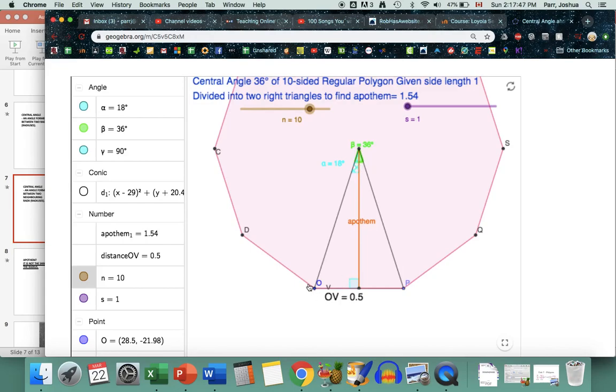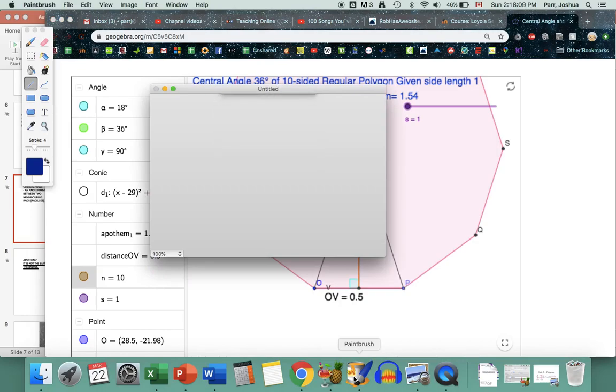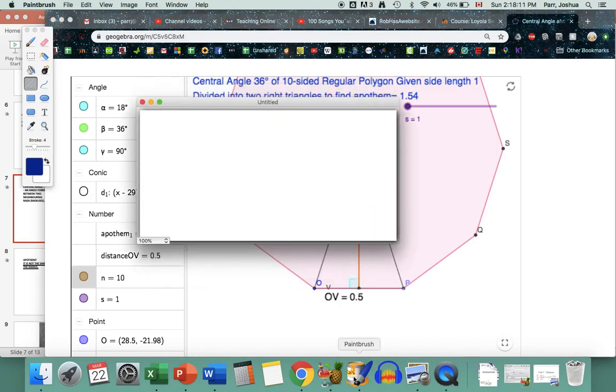And that really makes sense because each side, right, has its own central angle. And so if you've got 10 sides, you've got to share up those 360 degrees between 10 slices of pizza. Each of them is going to have just 36 degrees. And again, if I were to extend this here to make an exterior angle, I would also get 36 degrees. That's why your formula for your central angle in a regular polygon is 360